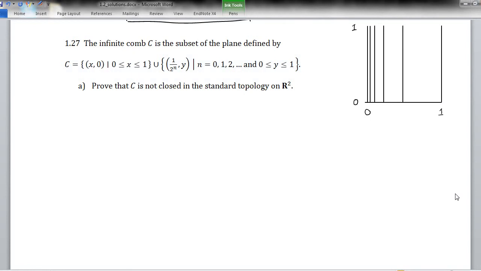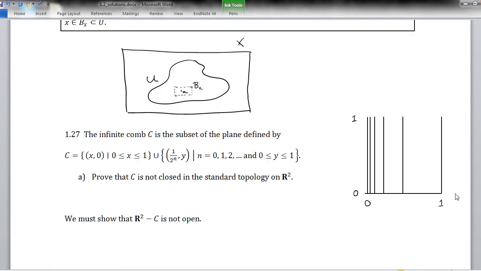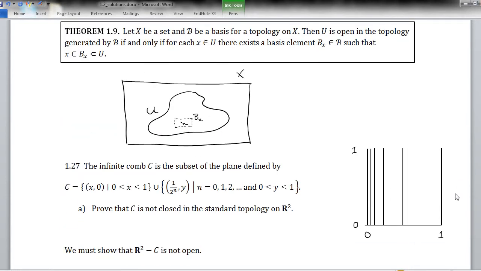All right. Well, according to the definition, to show that it's not closed in the standard topology, we must show that its complement, R2 minus C, is not open. Right? Okay, well, Theorem 1.9 tells us what it means to be open. So by Theorem 1.9,